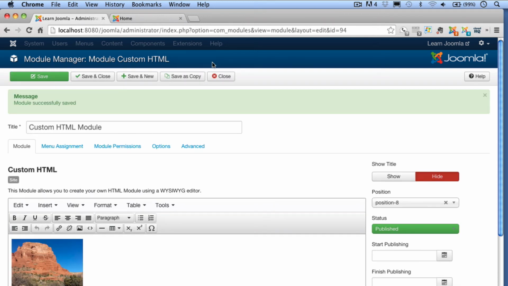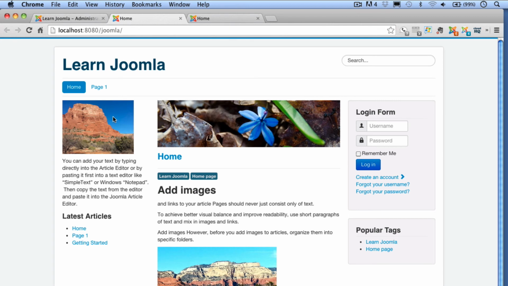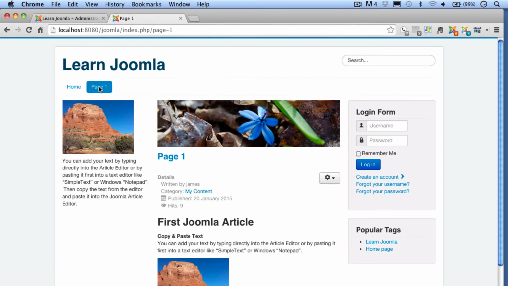And let's preview the changes by clicking on the link up here, the Preview Learn Joomla link up in the upper right-hand corner. So here you can see my new module in the left position in the template with my photo on top and my text underneath. If you browse to the Page 1 link here using the main menu, you'll notice that your new module also appears on this page. However, it looks awkward as the photo in the module is the same as the photo